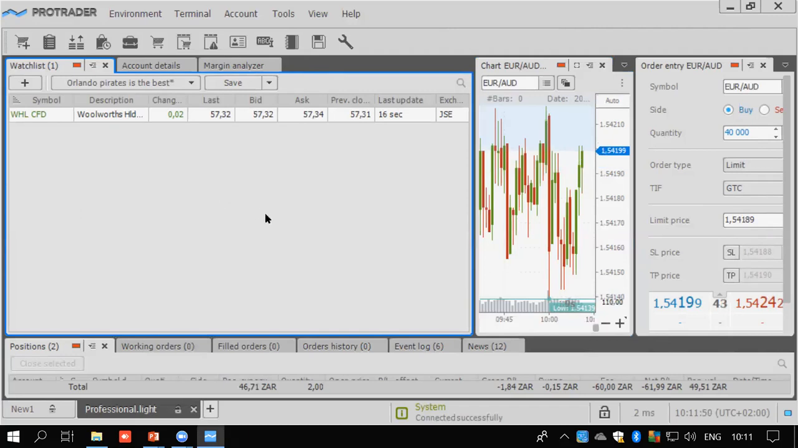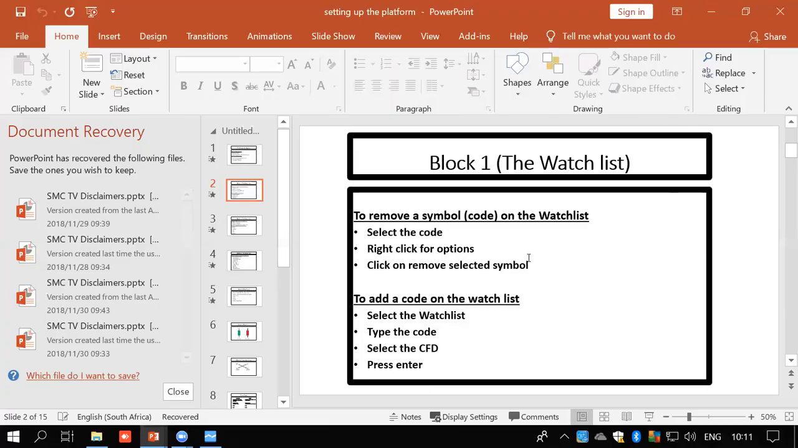So select the watch list. What is the next step? Right click. Let's humble ourselves and go back to our notes. You select the code. I mean what? Select the watch list and what? Type the code. Select the CFD and